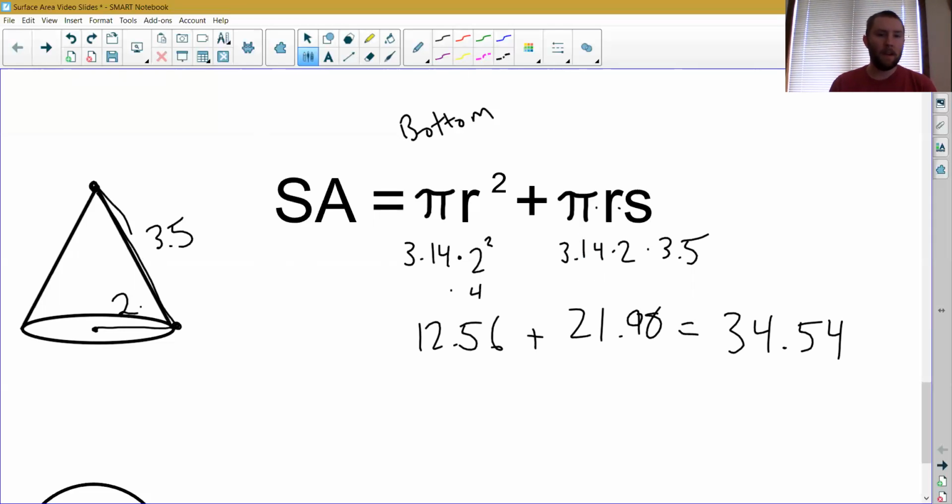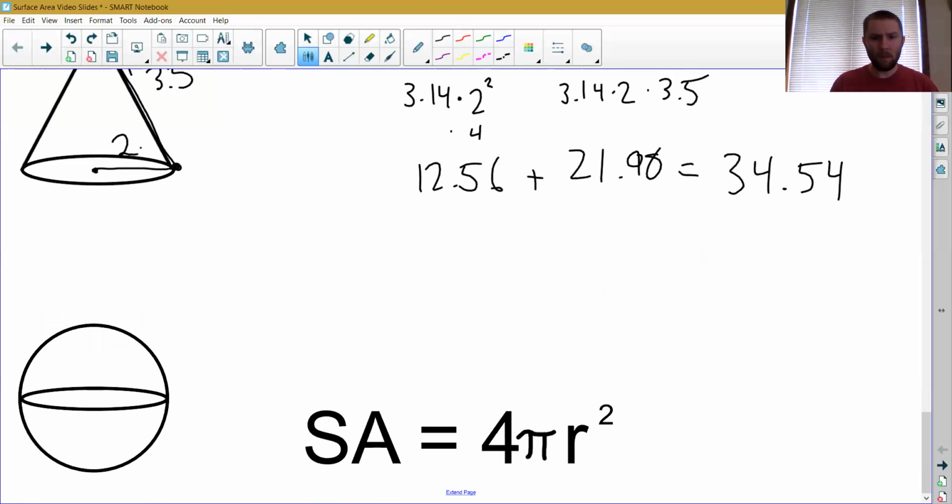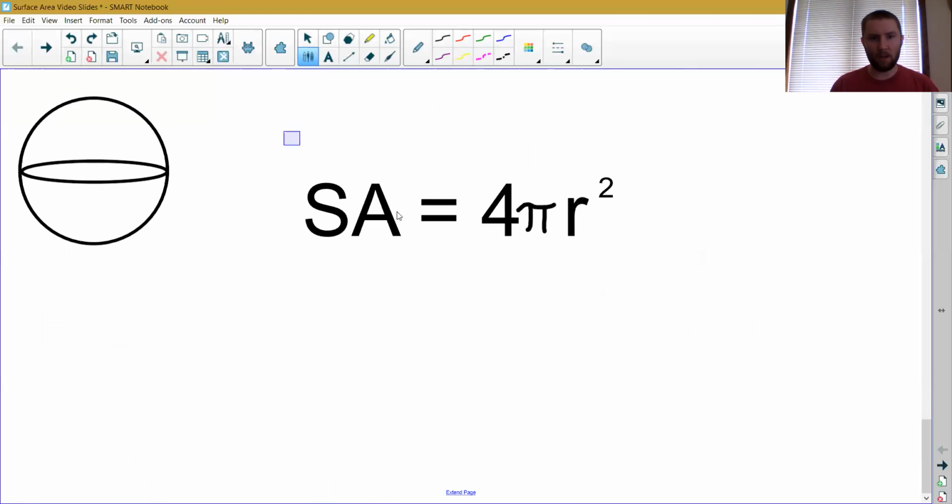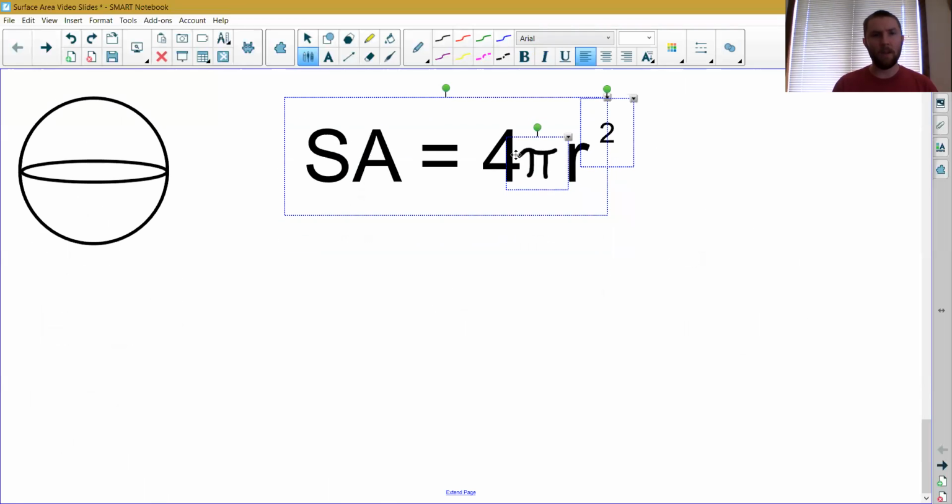All right, and then our final three-dimensional solid that we're going to talk about the surface area for is a sphere. A sphere is difficult to think about in terms of covering. In the case of a sphere, the best way to think about it is like a baseball. So if you imagine in your mind a baseball,